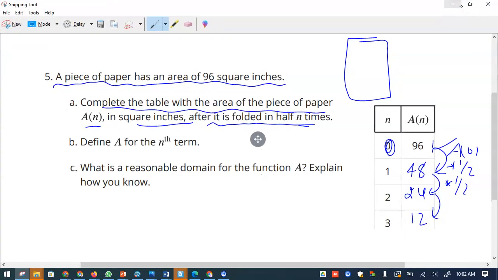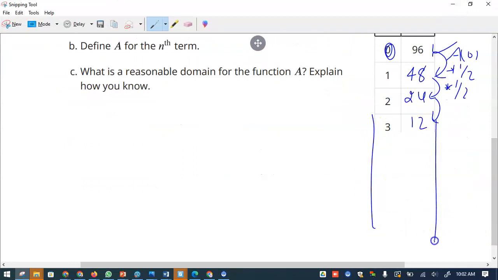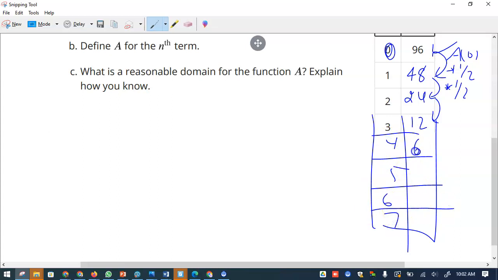And likewise, we can continue, and I will try to show until 4, 5, 6, and 7. So it becomes 6. Half of 6 is 3, then 1.5, and then you get a fraction. So it's less than an inch, less than 1 inch, right? So that's why the domain they're asking is